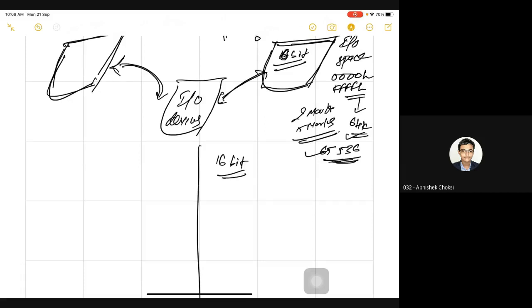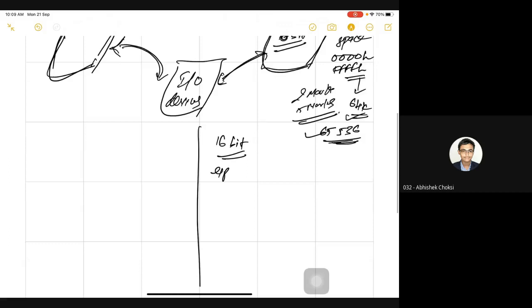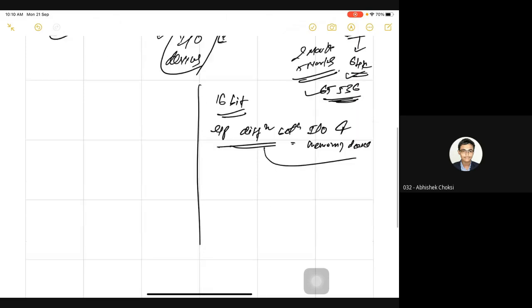Now, how is it different from memory mapped input output? Here, your microprocessor differentiates between IO devices and memory devices. Memory devices can be RAM or ROM. So here the microprocessor treats input output devices and memory differently, while in memory mapped IO it treats both as the same thing. If you want to access your input output device, you need to use the IN instruction or the OUT instruction; there are only two instructions available.